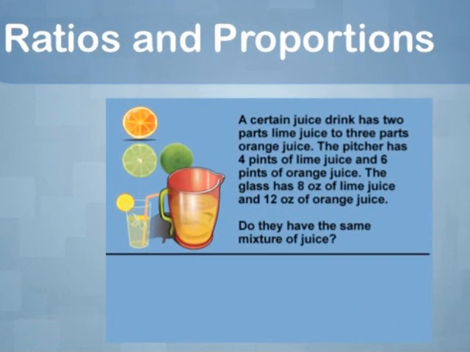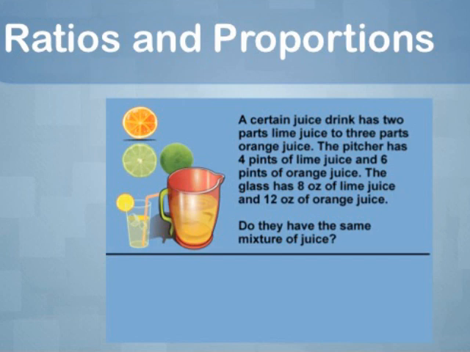A certain juice drink has 2 parts lime juice to 3 parts orange juice. The pitcher has 4 pints of lime juice and 6 pints of orange juice. The glass has 8 ounces of lime juice and 12 ounces of orange juice. Do they have the same mixture of juice? There are 2 ratios that we're analyzing: the mixture of lime juice and orange juice in the pitcher and in